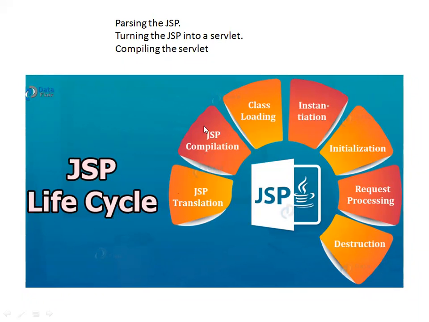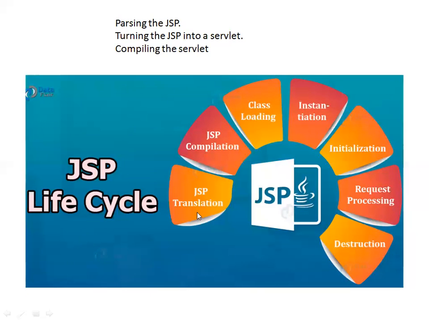Here you have 7 stages in JSP. The first one is JSP translation. Second one is JSP compilation. Third one is class loading. Fourth one is instantiation. Fifth one is initialization. Sixth one is request processing. Seventh one is destruction. Once the request is received from the client, the web container translates that JSP code into